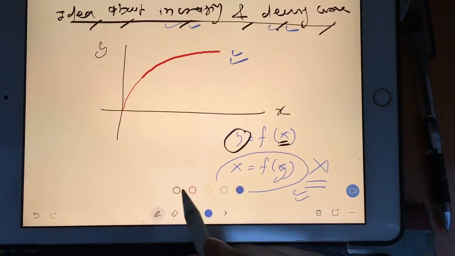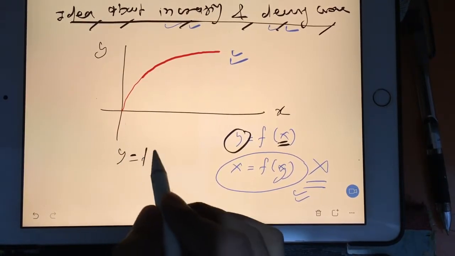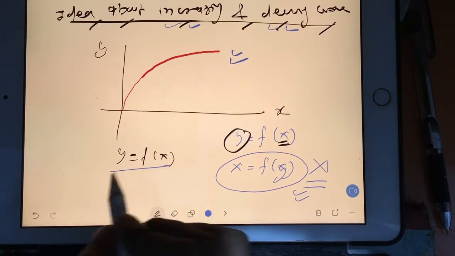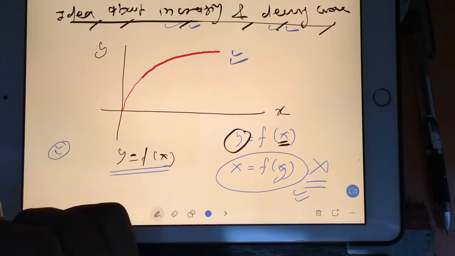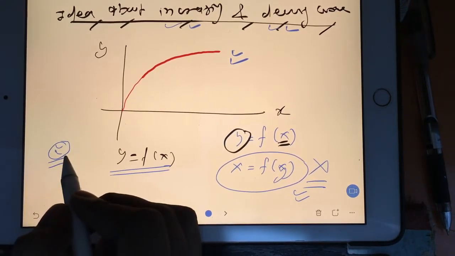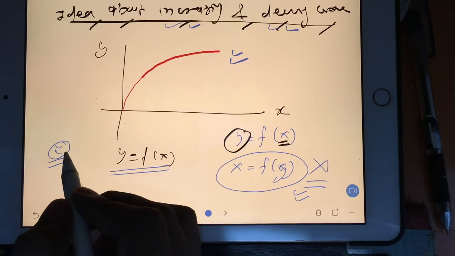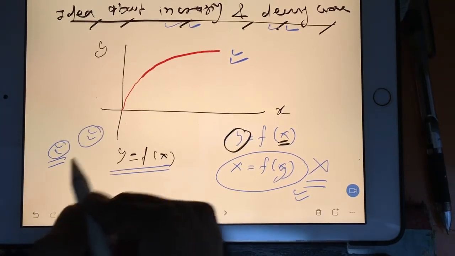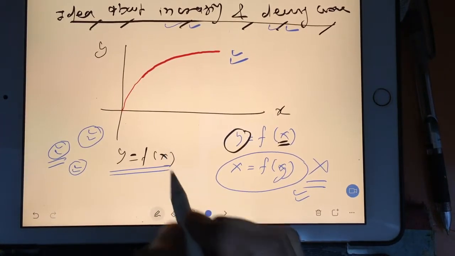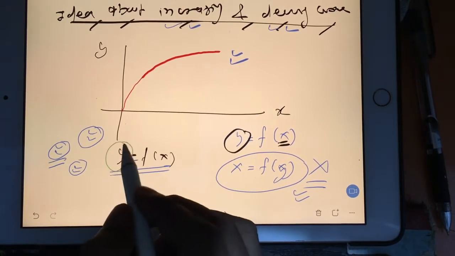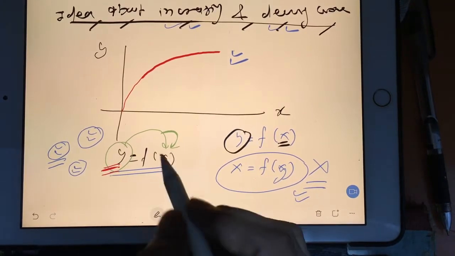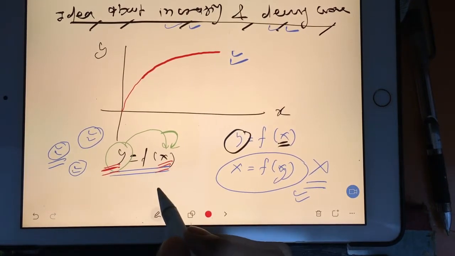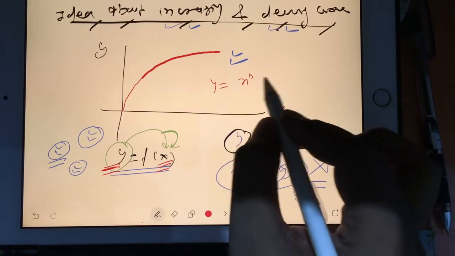Now see, you know that in mathematics, in any equation, we have three types of things. One thing is a constant, whether it is available in the equation or not does not matter, but two things are sure. One is a dependent variable and one is an independent variable. So y value depends on x values, so y is known as the dependent variable, and x is known as the independent variable.